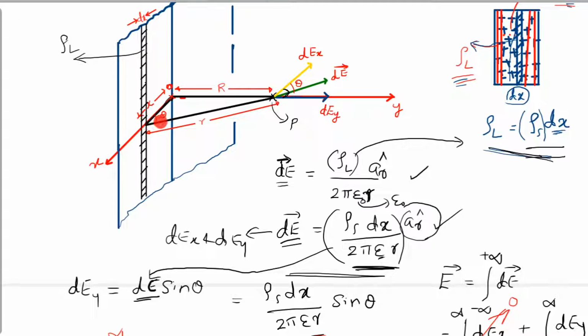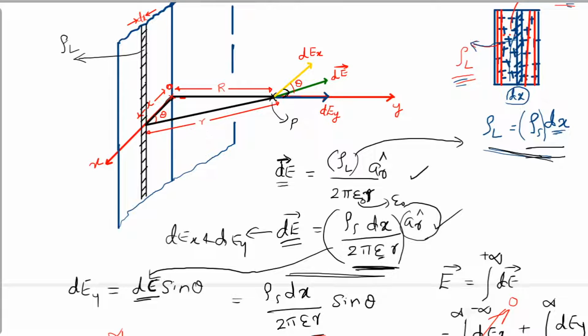Consider this triangle, this black triangle. Here we have r, small r, and x, because in that equation, r and x are the variables with respect to theta. So I have to somehow find some relation for x with respect to theta, and some relation for r with respect to theta. Then my job is done.